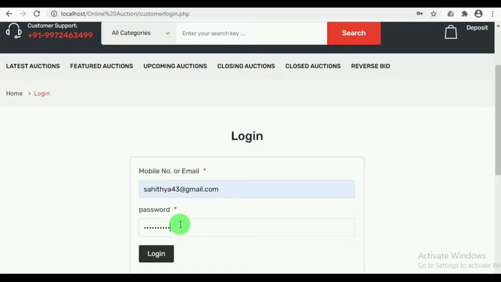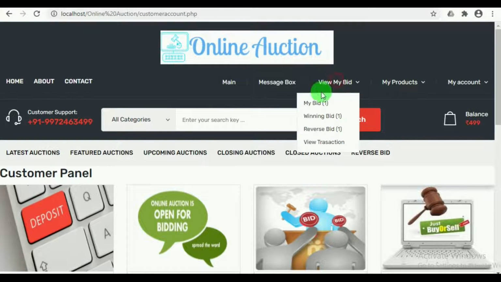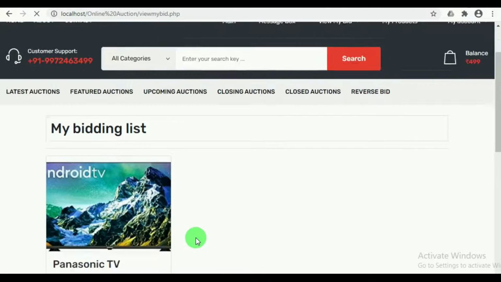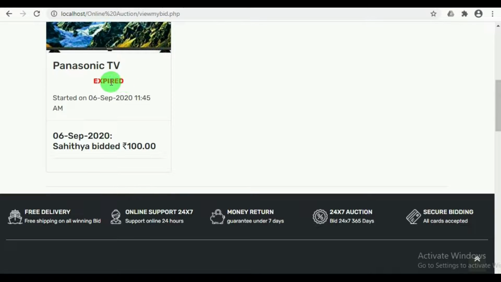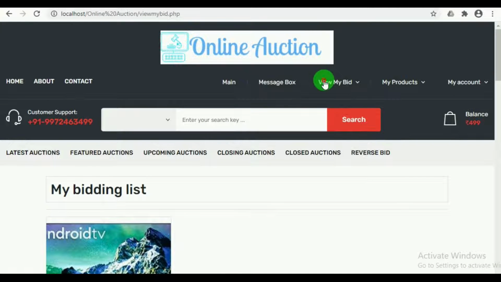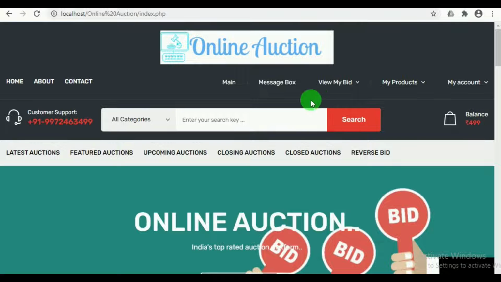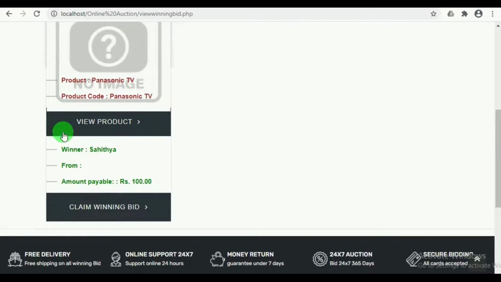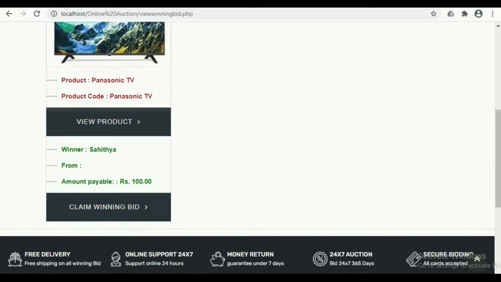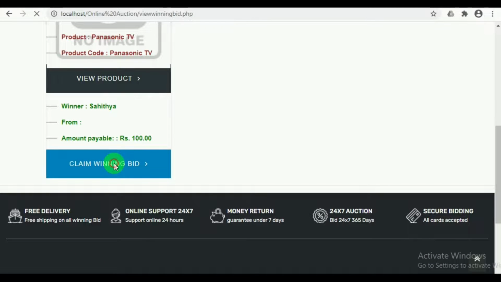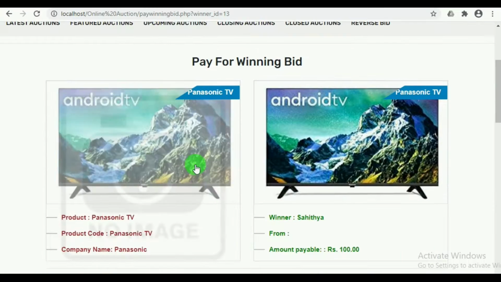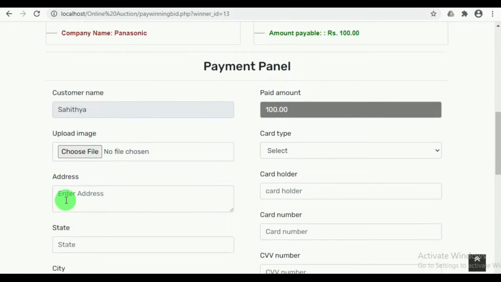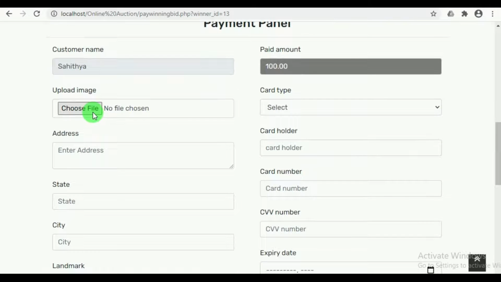By mentioning customer's email ID and password, the customer can log in, and in view my bid, under my bid, here the customer can view various products on which they have bid, and in winning bid, the customer can view the bids they have won, and here on clicking on view product, the products can be viewed, and on clicking on view winning bid, the customer must enter the details and must make the payment.